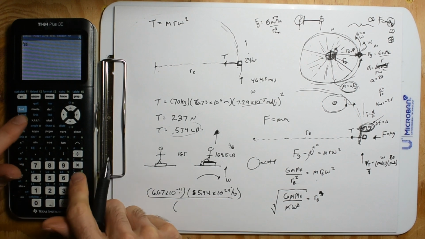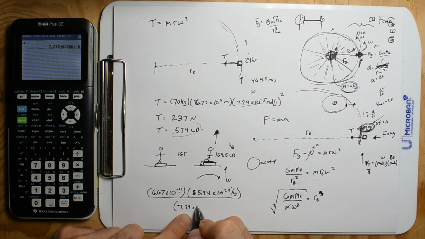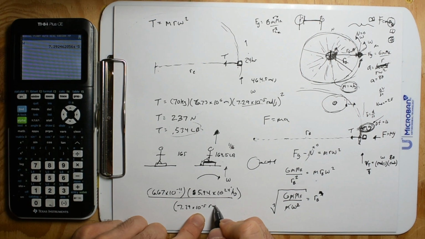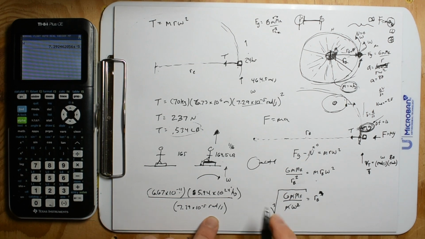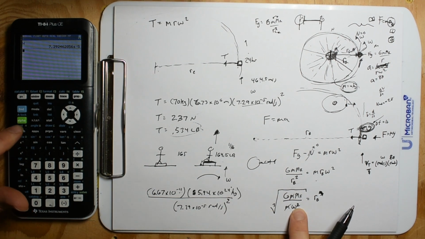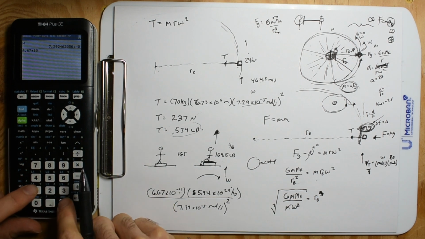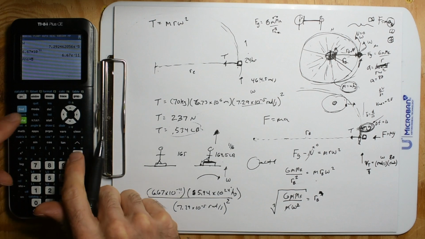And then we have omega, and that's going to be 7.29 times 10 to the negative 5 radians per second. Oh, we got a square. I'm going to miss that every time. Okay, so I'm going to do 6.67 times 10 to the negative 11, stored as g, so I